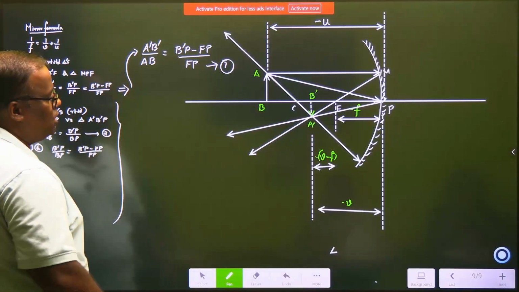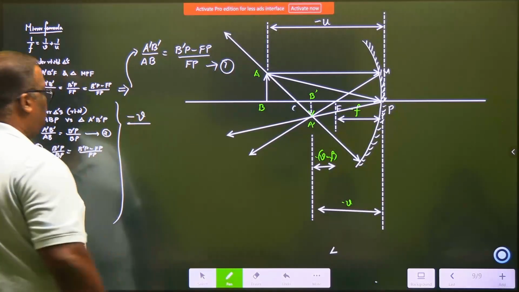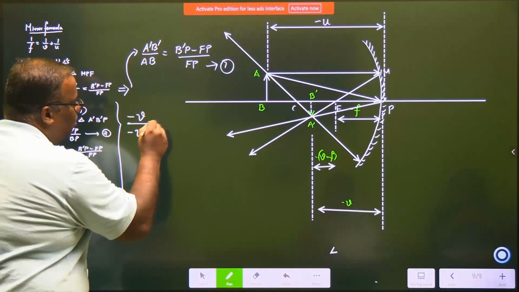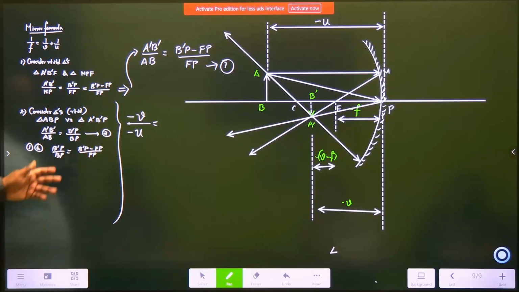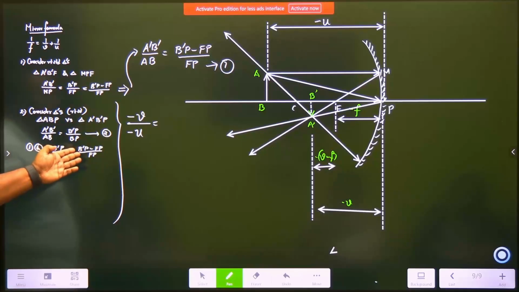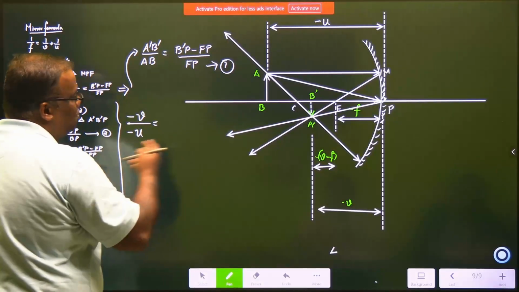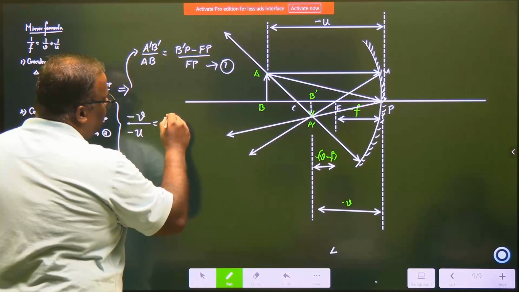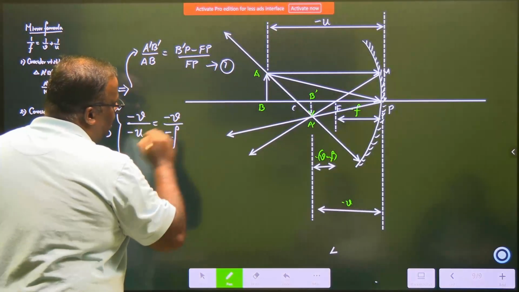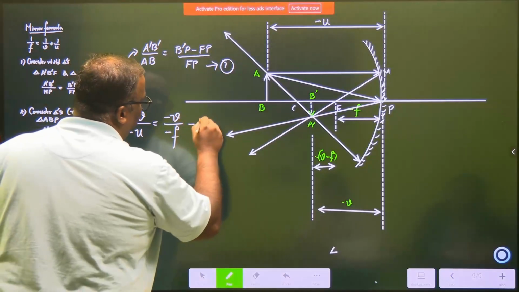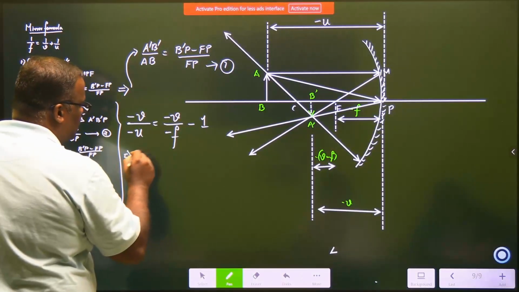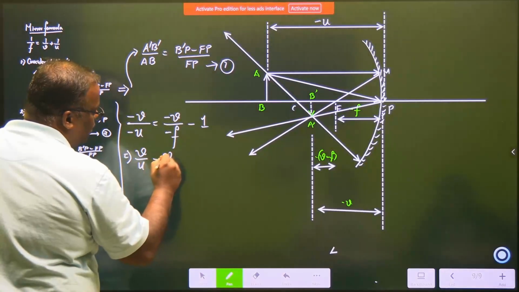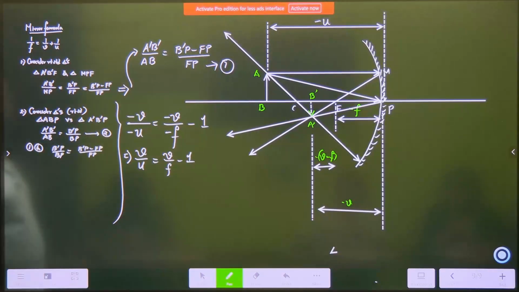B dash P. What is B dash P, children? Negative V divided by BP. What is BP? Negative U is equal to BP minus this FP. Or else, if you want to go by this side, let's take BP by FP. What is BP by FP? What is B dash P? B dash P is negative V by negative F. Clear? Minus FP by FP, which is 1. Okay? Understood? Can this not be written as V upon U is equal to V by F minus 1? Same thing,